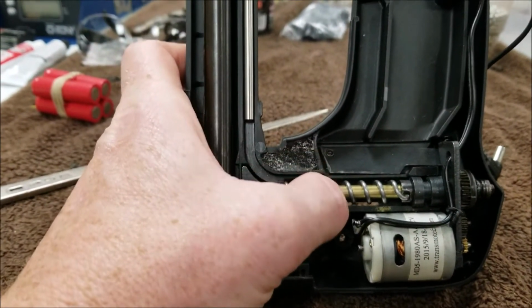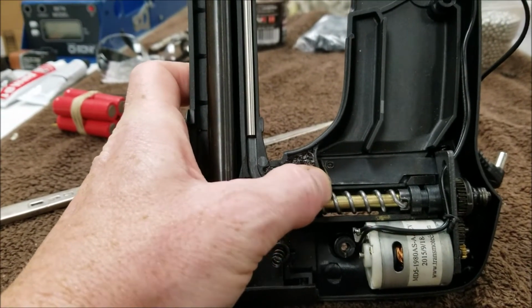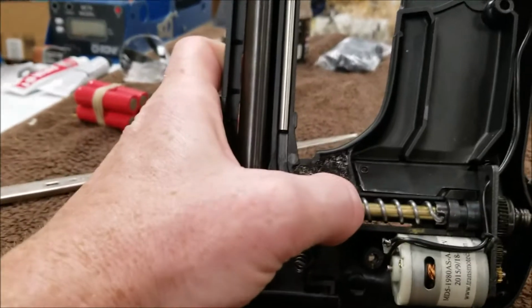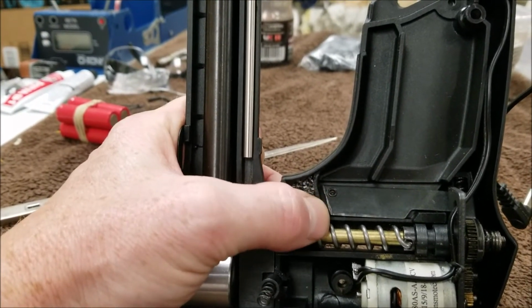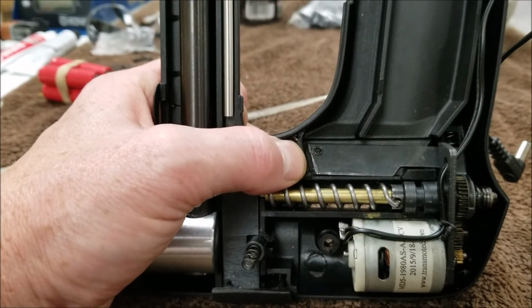Now, if you use a good quality BB, you have a nice smooth spring here. There's no divots in your spring. There's no damage to your spring here. It's nice and smooth. It's going to roll right over that smooth surface. But if it's pitted and rusty, like those BBs, that pitted, rusted surface is going to hang up at multiple points in here. So if everything looks good in here,